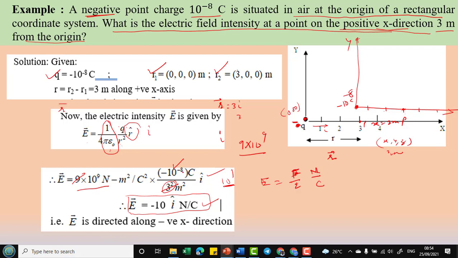So these kind of problems, this is a simple problem. These kind of problems can be asked for you in the multiple choice question format में अगर examination होता है तो बहुत simple सा problem है. Even offline examination में this type of problem can be asked. So this type problems आपको practice करना पड़ेगा, ठीक है. You have to solve the vector forms of the Coulomb's law, electric field intensity, even magnitude form में भी करना पड़ेगा because questions can be asked on that also.